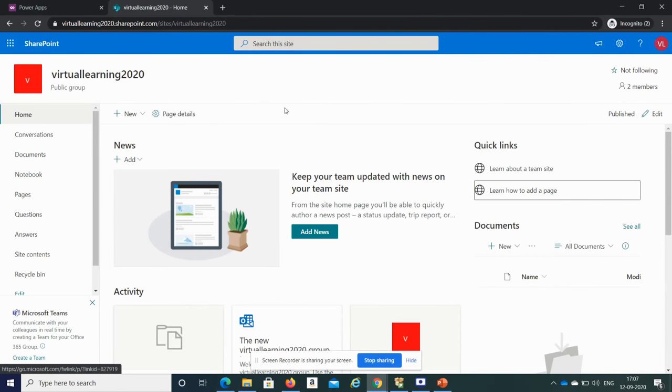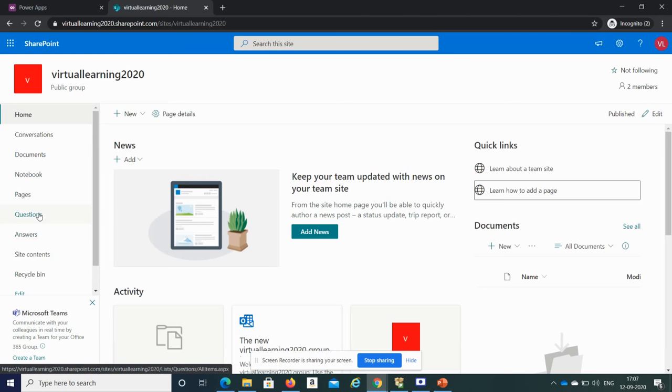So first of all I will talk about the backend which I have already created. This is my SharePoint site and I have two lists here. One is questions, which will contain some number of questions, and those questions we are going to show in the form. Then we have another list, answers, which will contain whatever answer the user has given for a particular question. That information we are going to capture in answers.